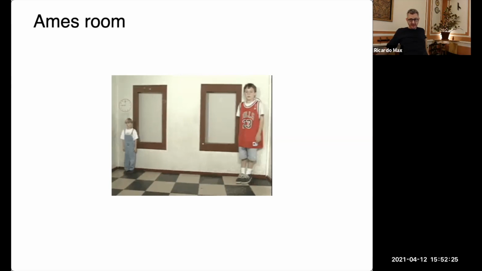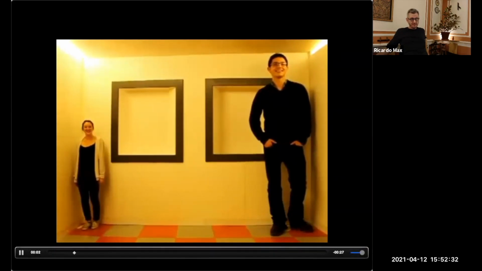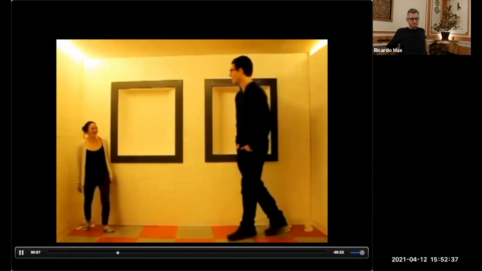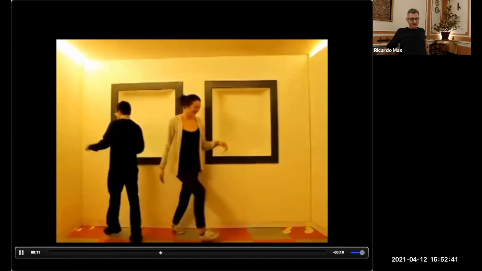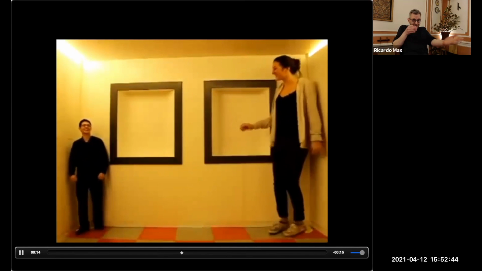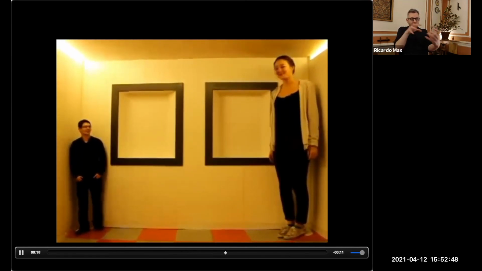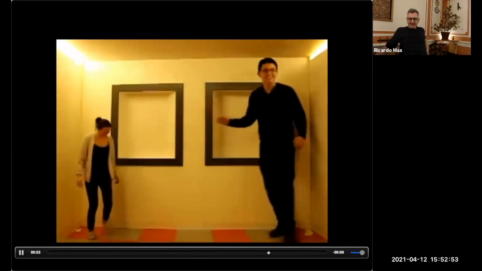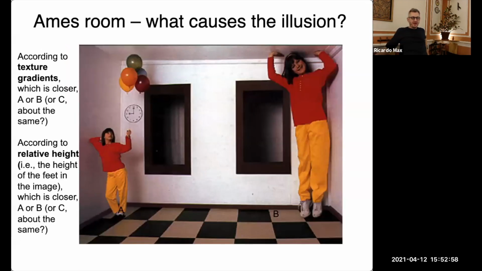Even when we know that it cannot be, we cannot not perceive it. We know that the room is an illusion, but we cannot not perceive it. I find it incredible. So this is the Ames room.